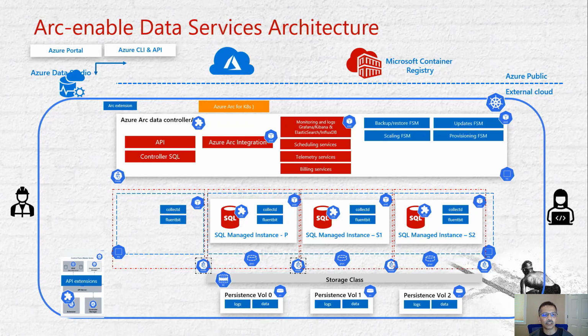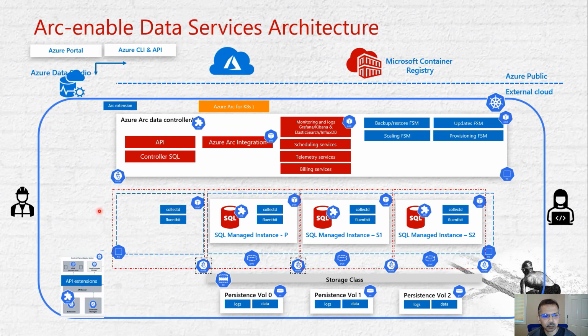Now that we know the Kubernetes concepts and the design principles, let's look under the hood at how our favorite database, SQL Managed Instance, runs on top of this platform. This is also a foundation for running Postgres and other databases. So the architecture is somewhat similar. This architecture diagram is very busy, but I'll try to make it easier for you. Here's the public cloud Azure. That's where everything in Azure resides. Maybe you have running Azure Data Services. And below this line is everything that's either on premises or a third-party cloud like Google Cloud or